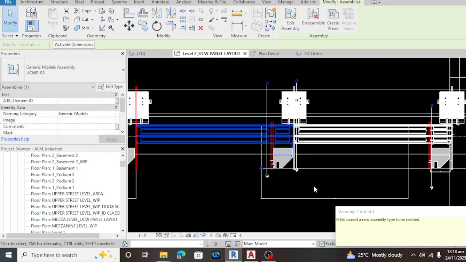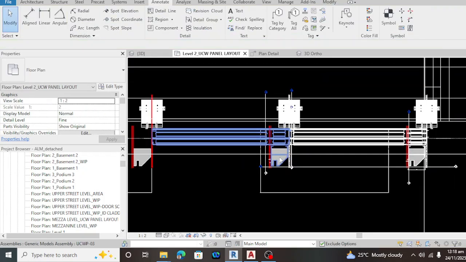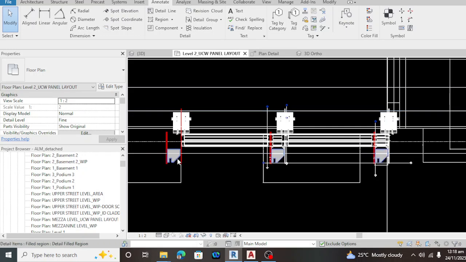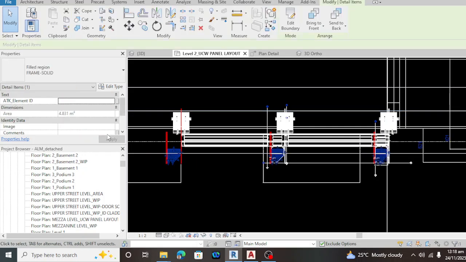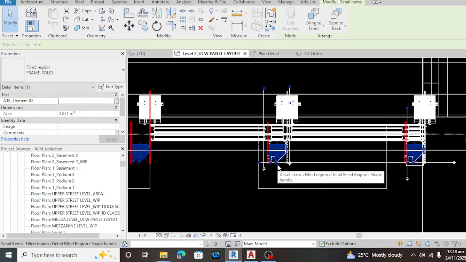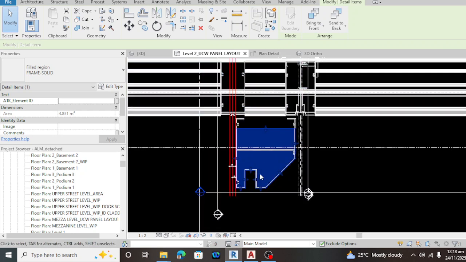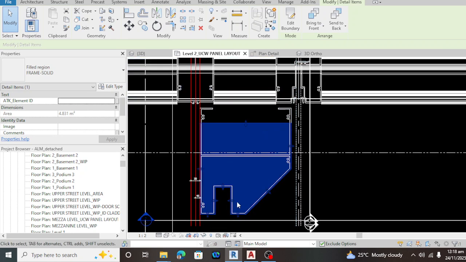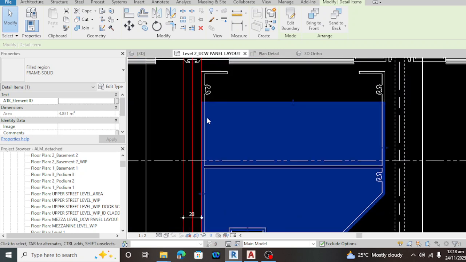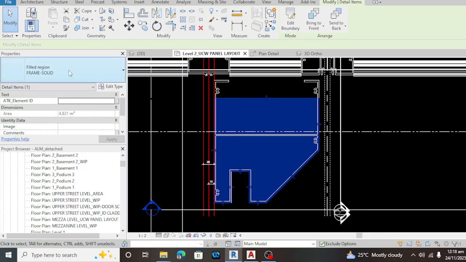As you can see, guys, their layout is based on this, the field region frame solid. Sorry, that is their layout of the bullnose. As you can see, guys, the bullnose is perfectly fit on their field frame solid.